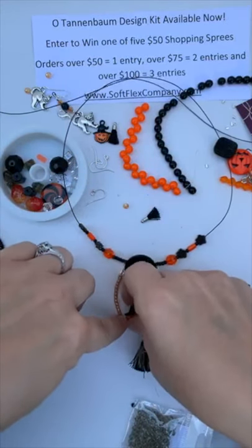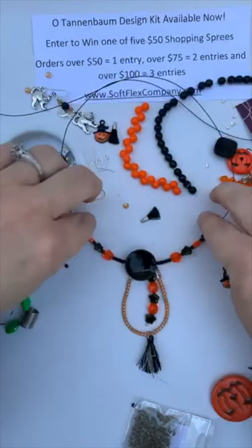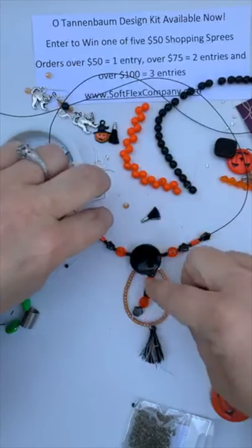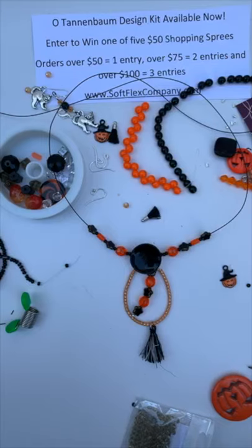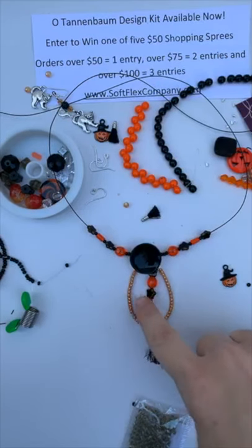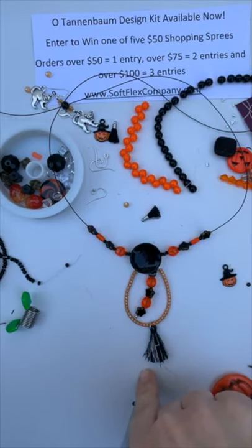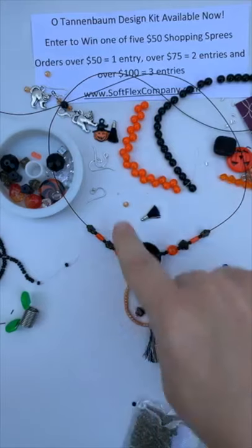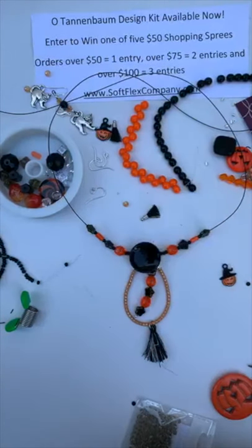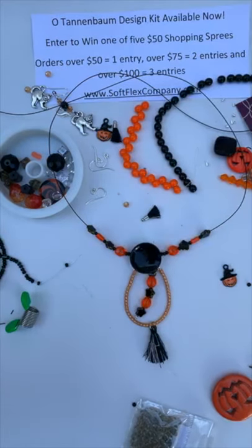And I'll decide if I'm going to leave this sort of haphazard to the side here, or change it so it comes more straight down from the button. Why don't you tell me what you think in the comments, if you would prefer to see it coming straight down or a little off center. That'll help me decide how I complete this necklace today. I will finish up the spooky earrings and the necklace, play around with it a little more to get it just how I want it, and then I will post pictures in our